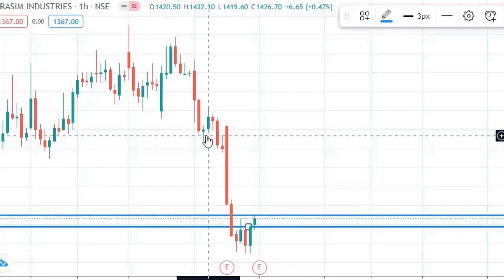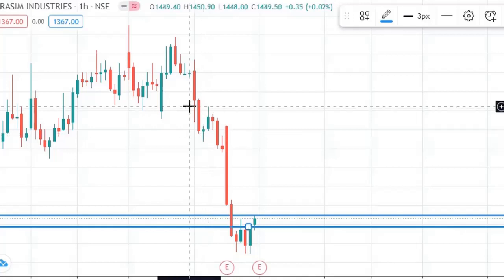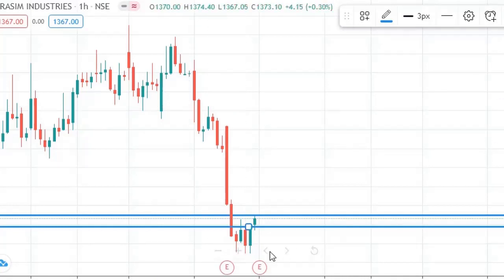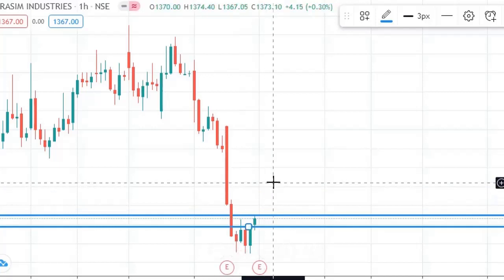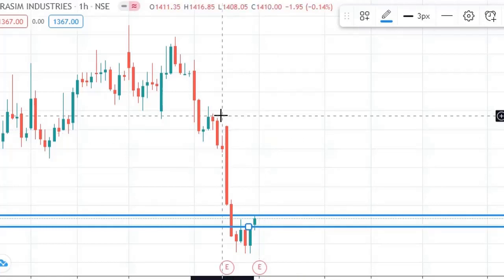So if you are an investor and you want to invest in Grasim, try to find a kind of reversal near support or resistance. We will cover those points. So this was all about the charts. Try to take out the charts and analyze them, and you will see the difference.